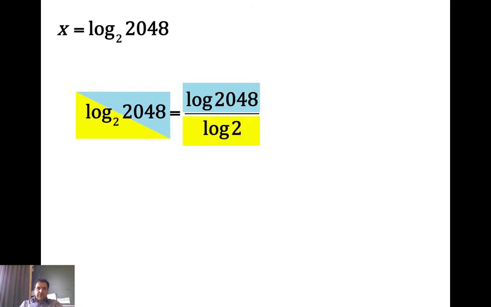So for example, with the base 2 log of 2048, I start with that. If I imagine a kind of line drawn down there, I've split it into blue and yellow. So that's equal to the log of 2048 over the log of 2 in any base. And I'm going to do it in base 10 because that's what my calculator does. So I can actually evaluate that, and it's 11. It will come out to be 11 whether I do it as a base 10 log or a natural logarithm, which